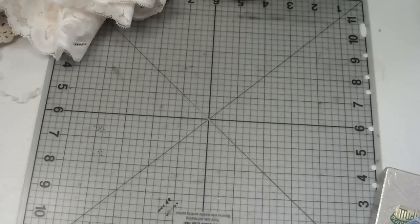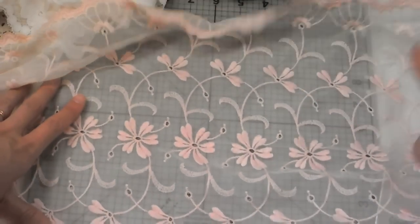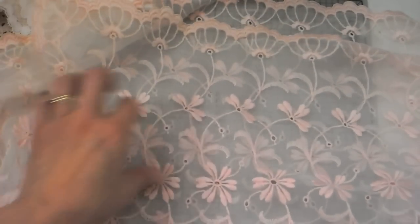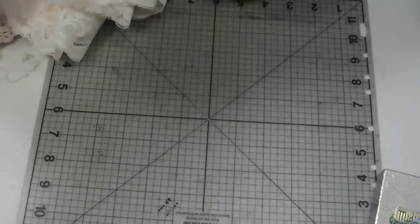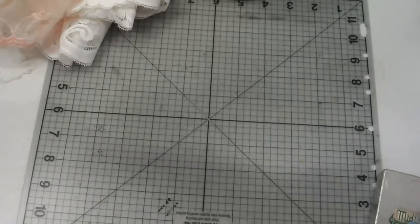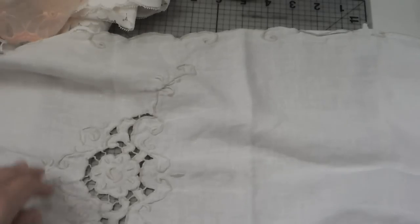I also got this. Look at this, isn't this pretty? This really pretty. There's a long one and then like more of a squarish one. And these are for a swap that I'm doing right now. They're just so pretty, but I can't imagine I would ever really come up with a way to use them. So into the swap they will be. And that's what also this one is for too. It's just really pretty old